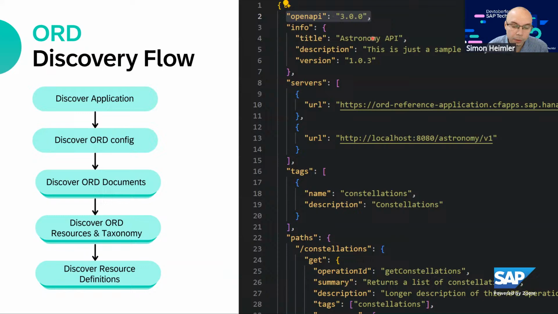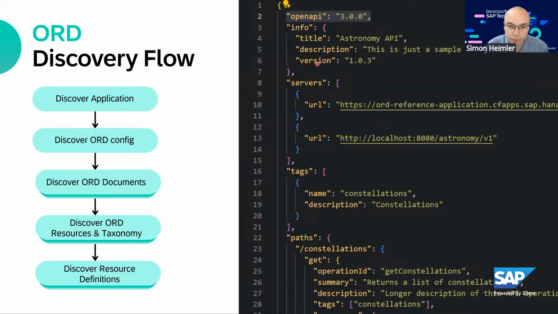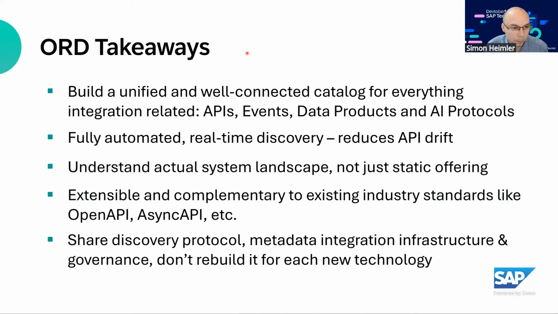And what I did here is basically the role of a metadata crawler. So I can now repeat this with the next API, basically everything I'm interested in. And because we do this, we can build a unified and well-connected catalog for everything that is integration related. So we have APIs in there, we can describe events, we can describe data products, and also for AI use cases, we now support the most relevant AI protocols, MCP and A2A, in our ecosystem. And I think the nice thing here is,